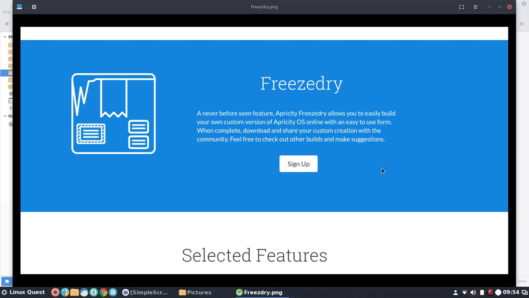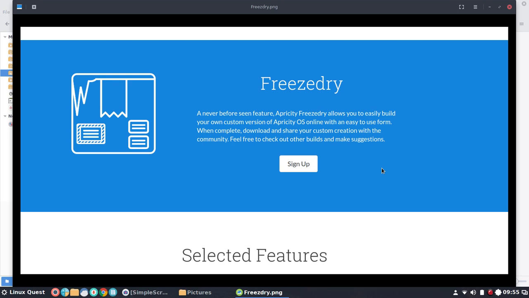And so I logged in, signed up, logged in, and was able to see that someone had already built a Cinnamon desktop version of Apricity focused on WPS Office, which was awesome because I'm a big fan of that Office suite. They had stripped out LibreOffice, and I'm not a developer, I'm not a programmer, but the way it was set up, it looked like I could go in and intuitively, fairly easy go in and build my own distro